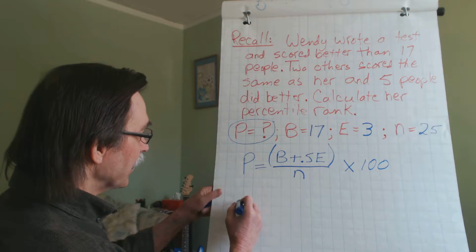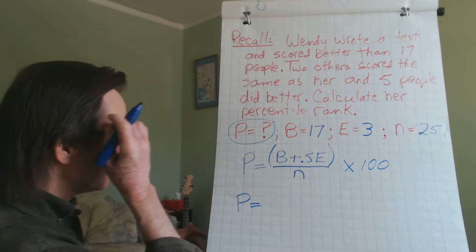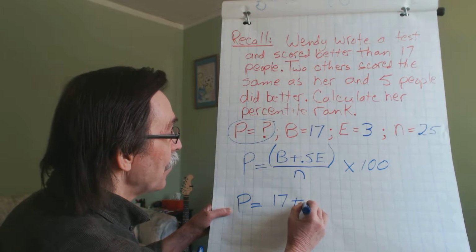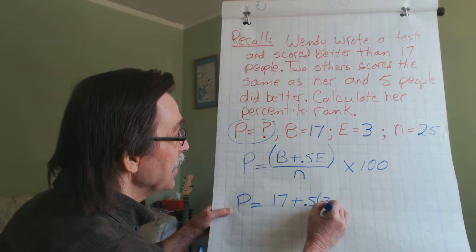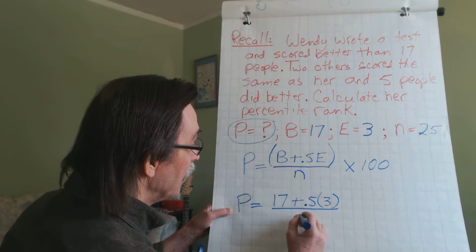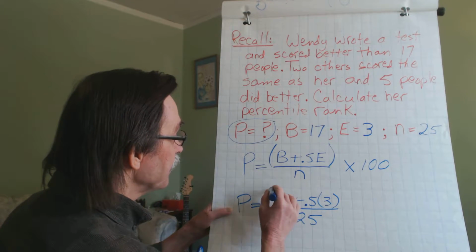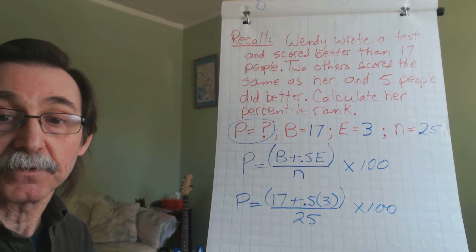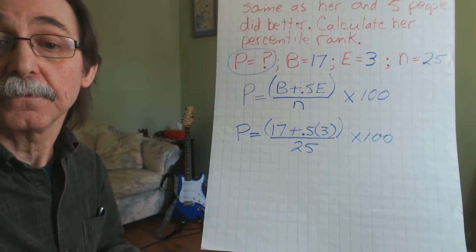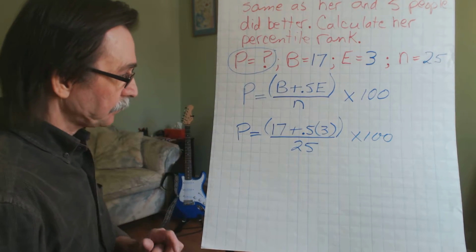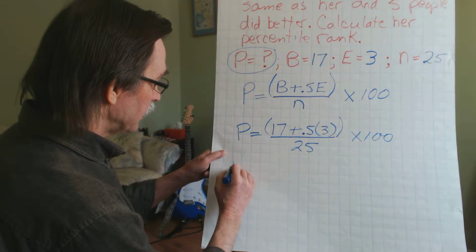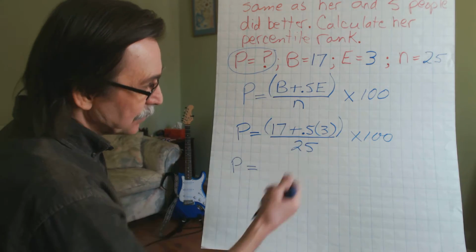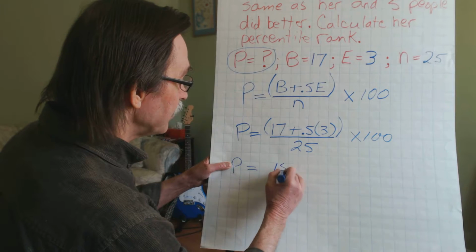So let's plug in our numbers and away we go. (17 plus 0.5 times 3) all over 25 times 100. And I'll just put this down a bit. P equals, well, 17 plus half of 3. Half of 3 is 1.5. So this is going to be 18.5